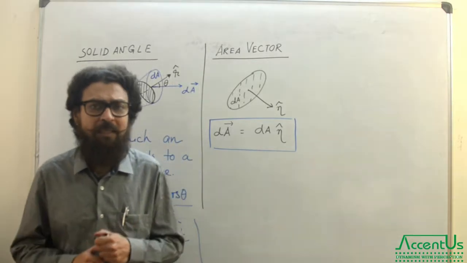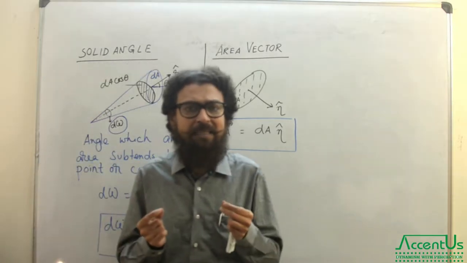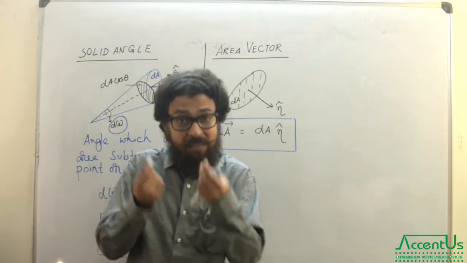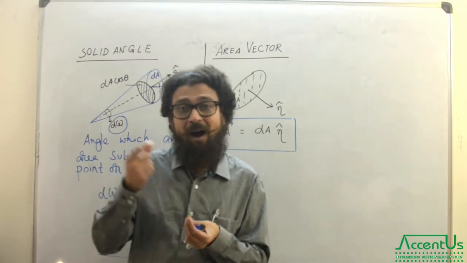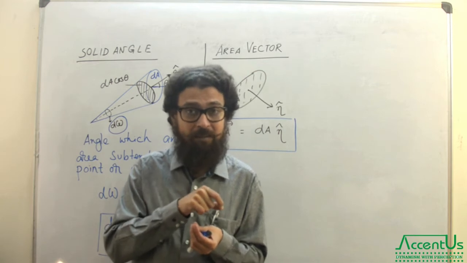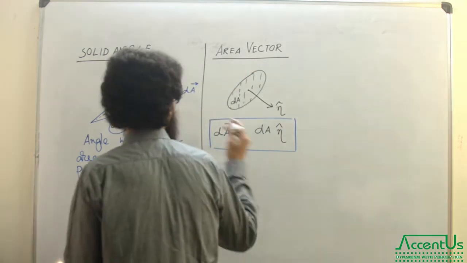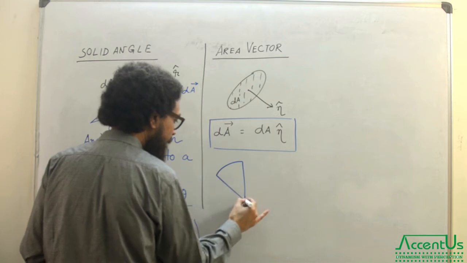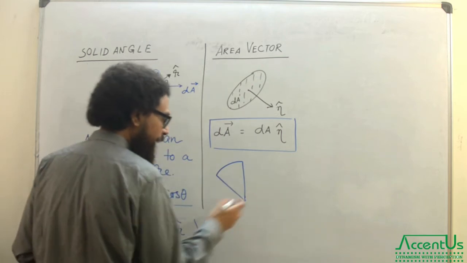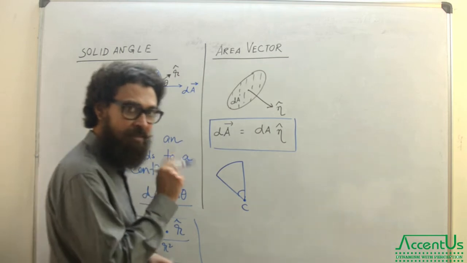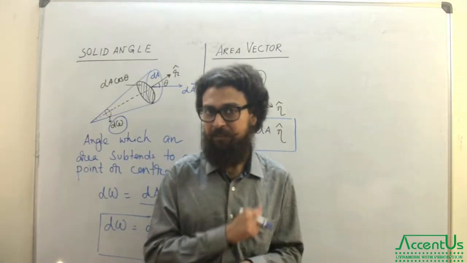In trigonometry, it suggested that angle is the segment, or the intersection, which an arc makes with the center of that arc. That means if we have an arc like this, then whatever portion it shows with respect to the center is called an angle. This is the practical definition of angle.